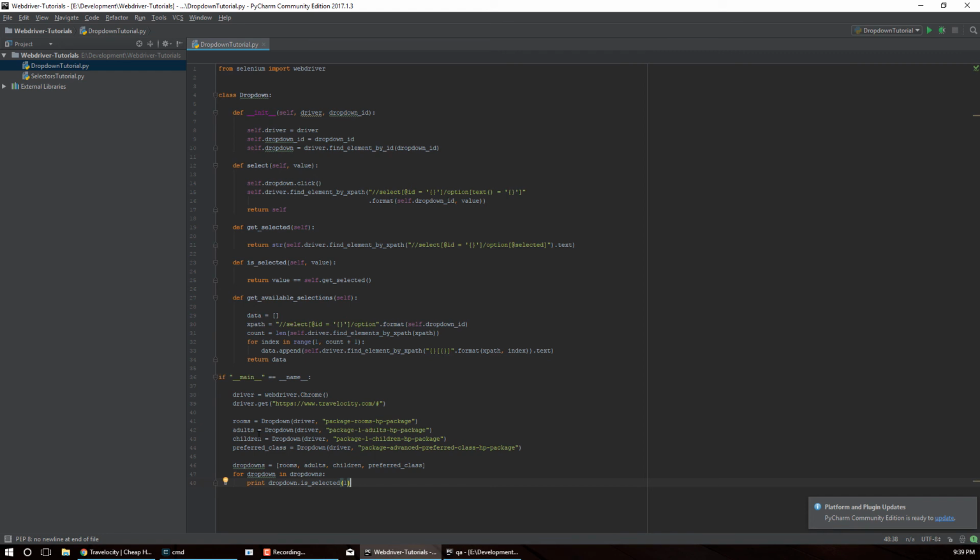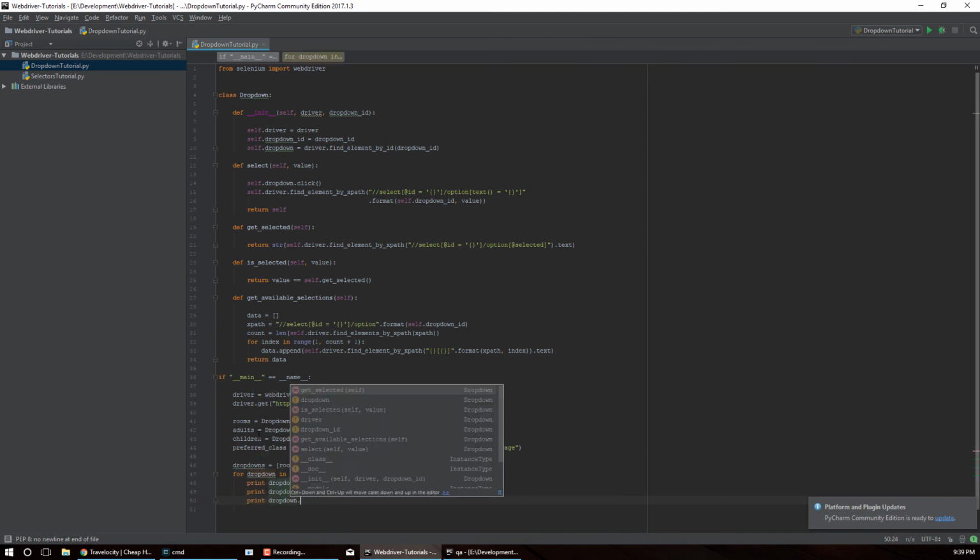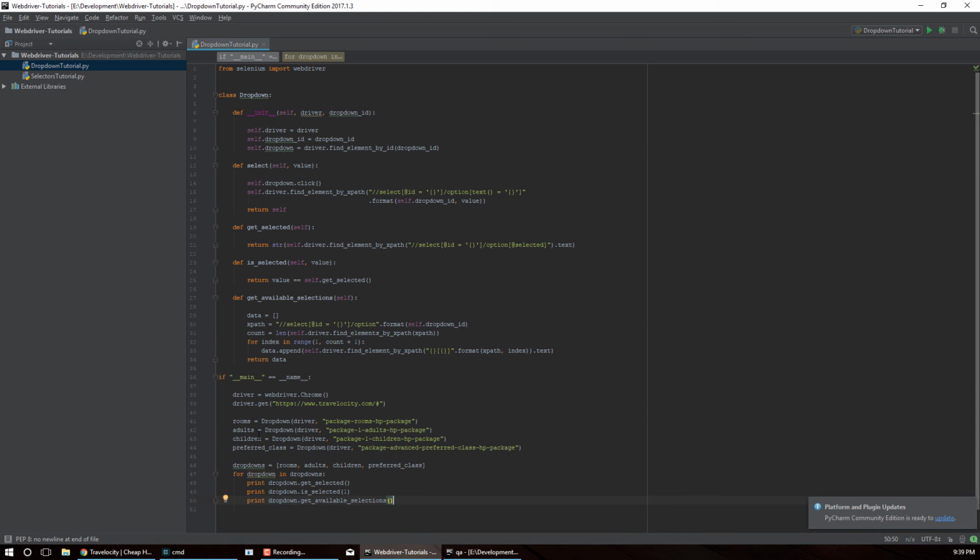So then we're gonna print drop-down. Actually, let's print selection first, get selected, and then we're gonna check whether it's 1 or not. Then let's do print drop-down, get available selections, and see if that works. We can also do select,